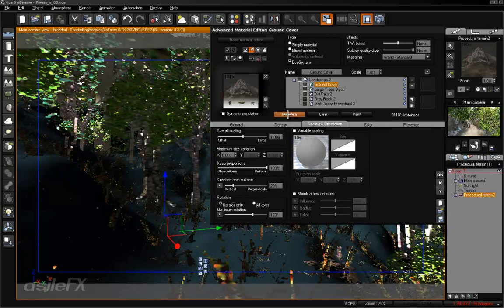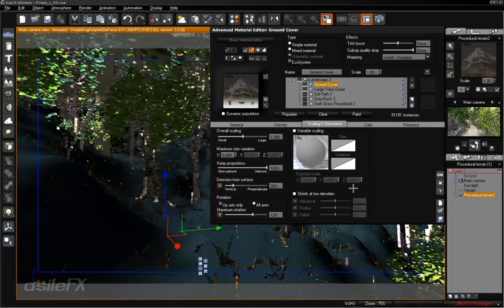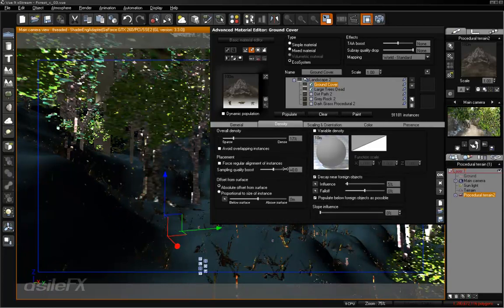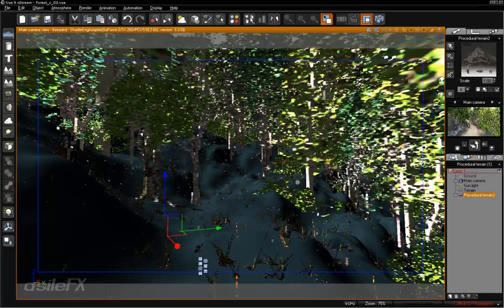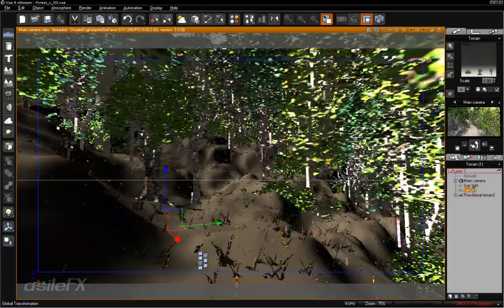Okay, so it looks like the way it's being filled, in order to speed up the population, I'm going to turn off decay near foreign objects because there's nothing in here that's going to affect it anyway. Also keeping in mind that we do have that other terrain underneath it, so that will influence the way the population is unless we go to the terrain and we want to select in the object properties